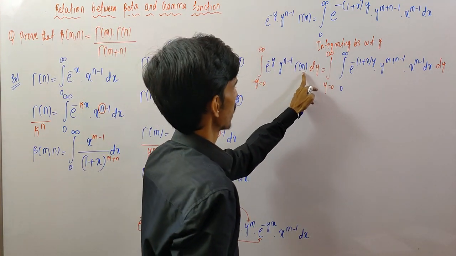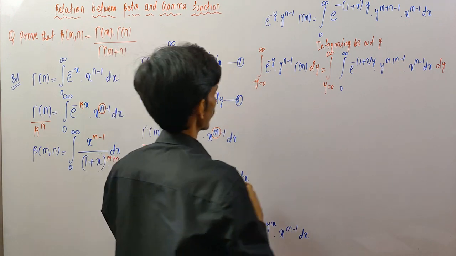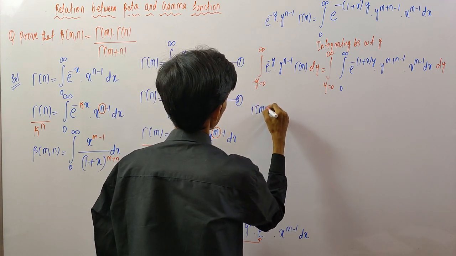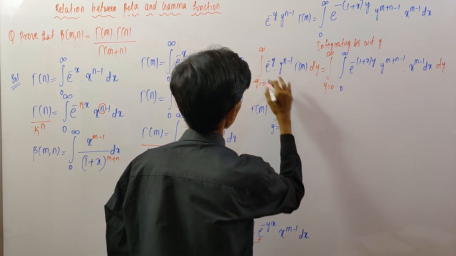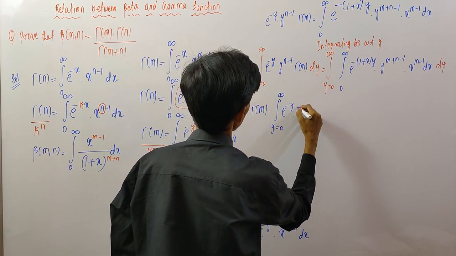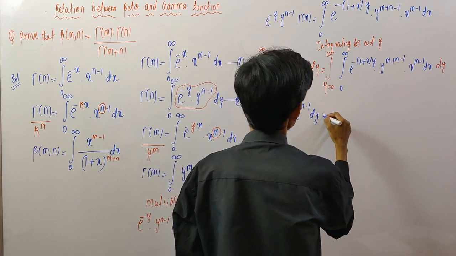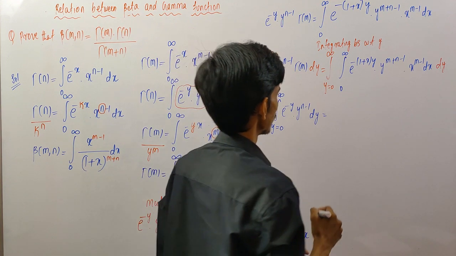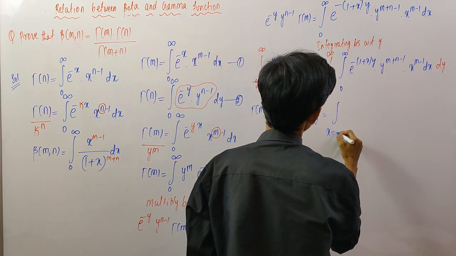Now this gamma of m is independent of this integration, so take it out of the integration. We have gamma of m into integration y equal to 0 to infinite e power of minus y into y power of n minus 1 dy is equals to, take this term integration x equal to 0